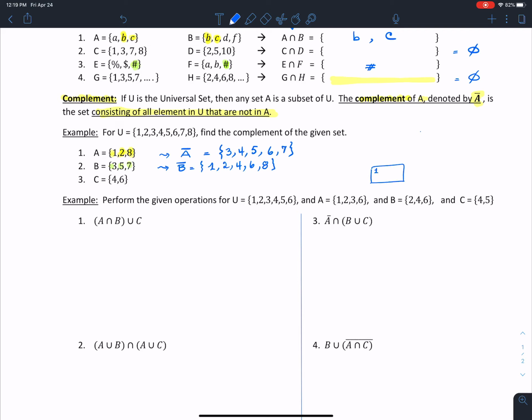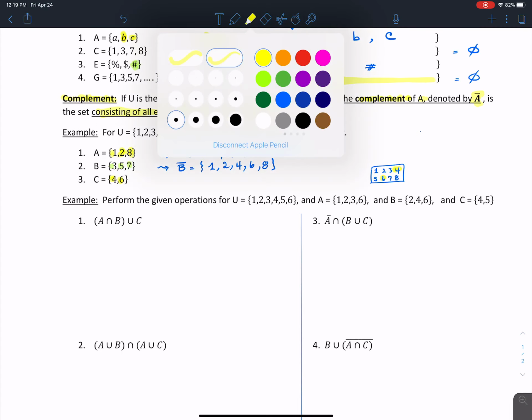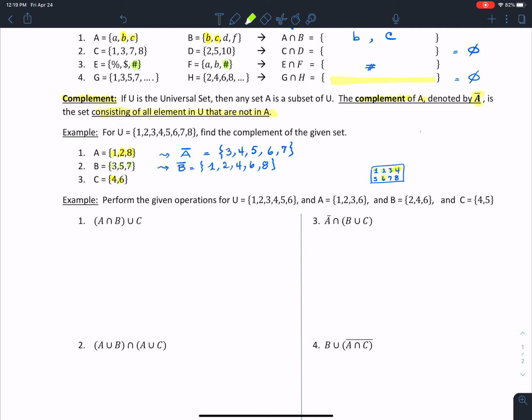This is the universal set: 1, 2, 3, 4, 5, 6, 7, 8. Let's examine C. C has 4, so that 4 is gone, and a 6, so that 6 is gone. So the number 4 and the number 6 are gone, which means that everything else in there, 1, 2, 3, 5, 7, 8, are the elements in C bar, which is the complementary set of C. So it will consist of 1, 2, 3, 5,